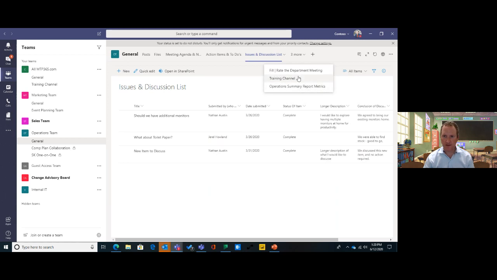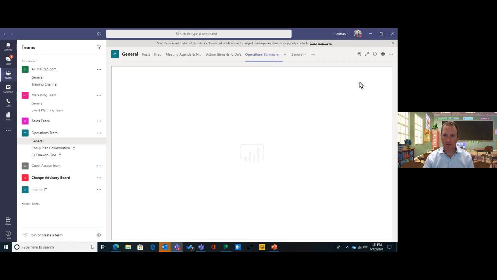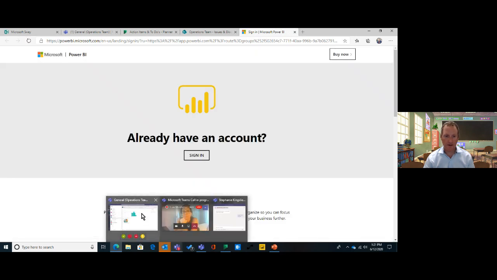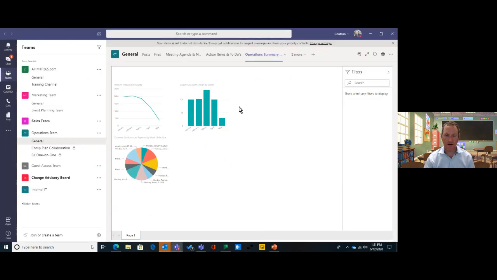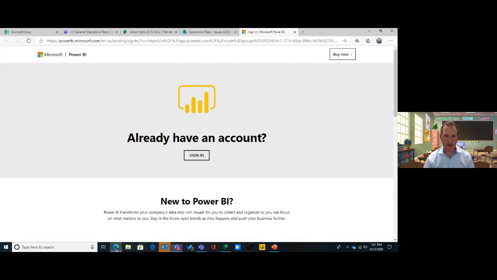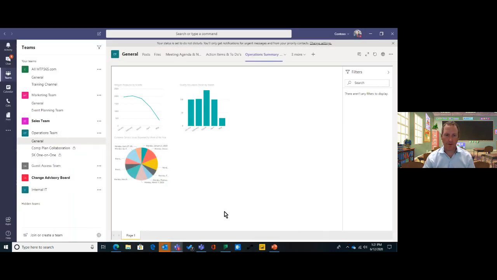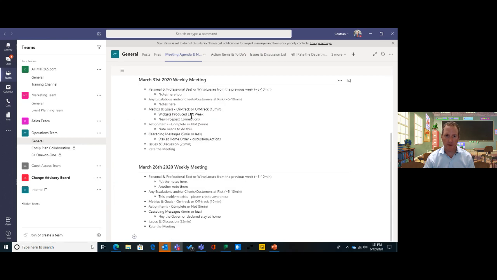So these are just some metrics, for example, but let's see if I can pull up Power BI and just open that up in the browser as well. That's one of the things that I do when I come into meetings. It's interesting, it didn't log me in the browser there. Why did it not sign me in? There it goes. Okay, so I'll come into the Teams meeting, so this will be my agenda,